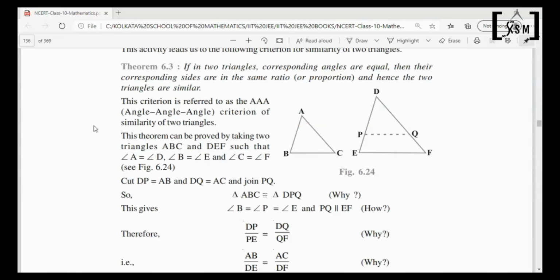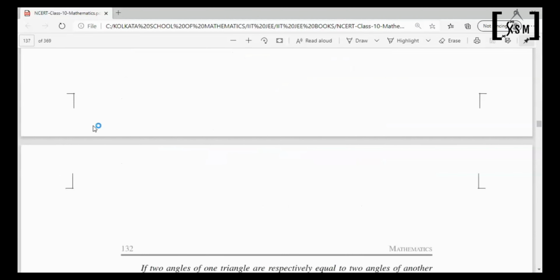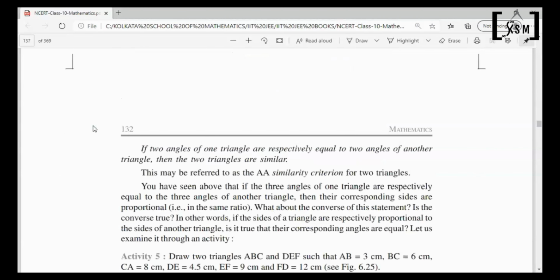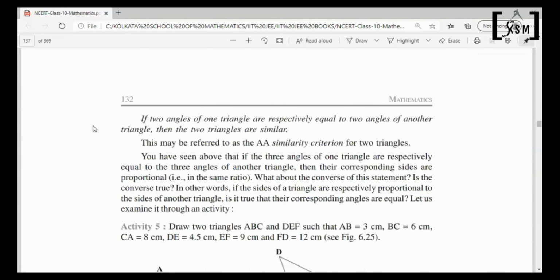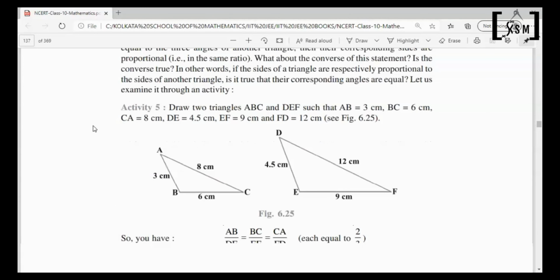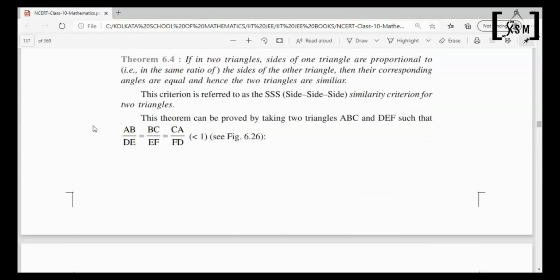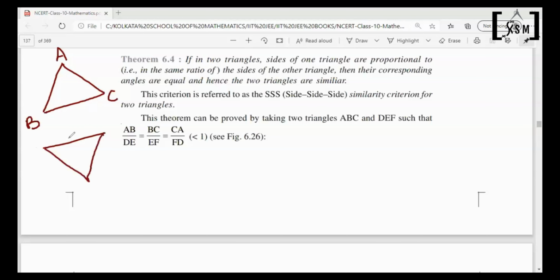This was the first method of checking similarity. There are different criteria. Any triangle may not fit into one criterion but can fit into another. So you will have to apply all of them. Okay. Now we are learning the second condition for two triangle similarity, that is SSS. Let's say the two triangles are ABC and PQR,